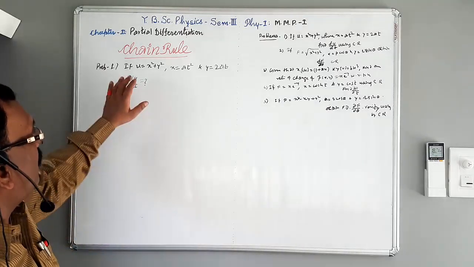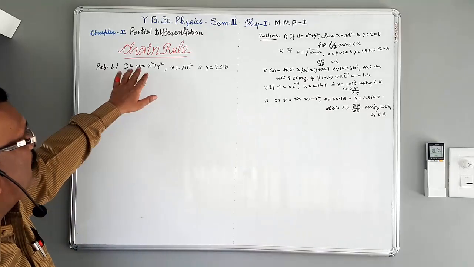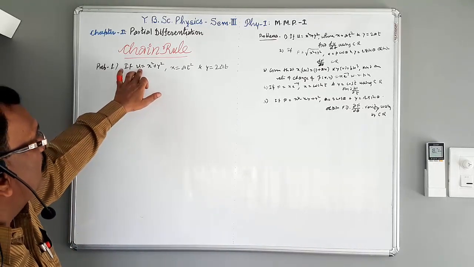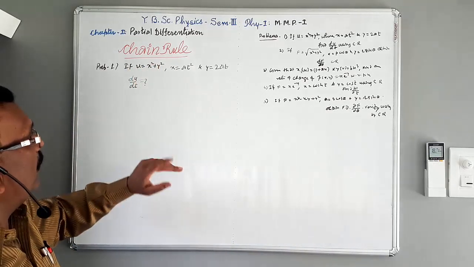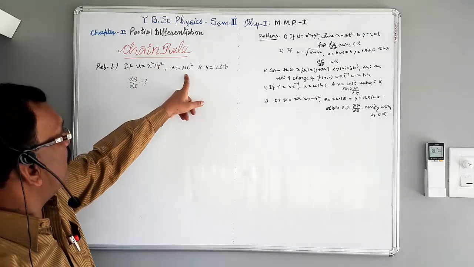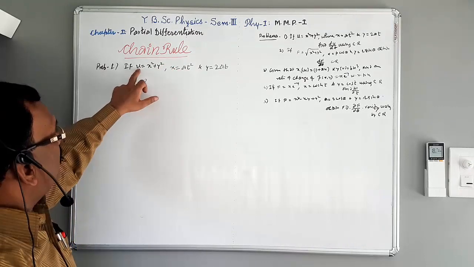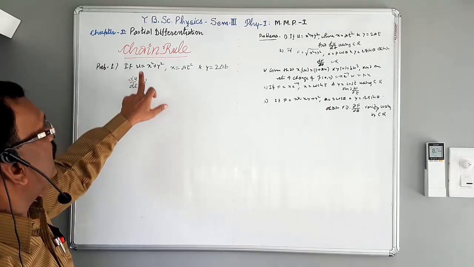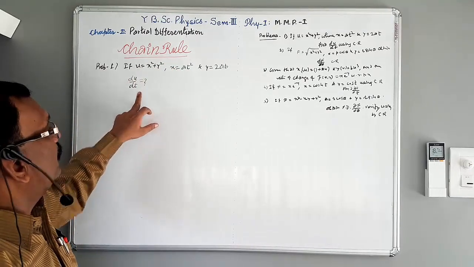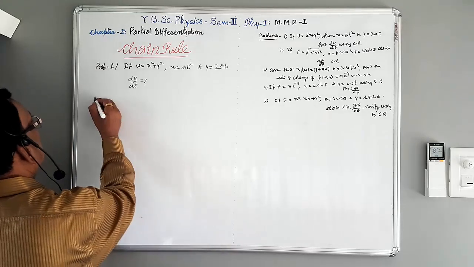I am again going to repeat the problem. We are having the function u is equal to x square plus y square, where x is equal to at square and y is equal to twice at. Now we have to find out the differentiation of this function u with respect to t. Okay. Now solution: